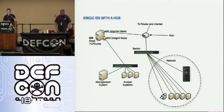So I have some simple network diagrams of things you could do. So this one here, I don't have a laser pointer, but this is really simple. You've got this network, you've got a switch. It's probably not managed in this case. You've got a hub, unfortunately, going before the router. And you've got the IDS system watching all traffic that comes from that switch. And hopefully your server there is providing your DHCP and stuff, not your router, so you can see everything that's